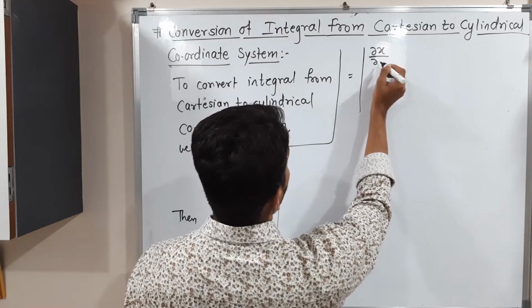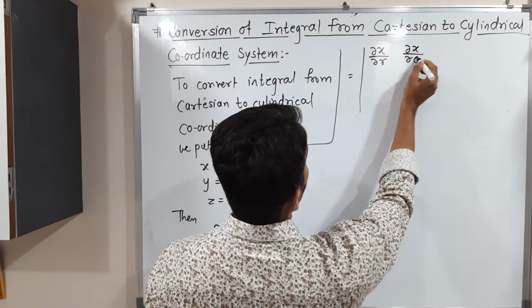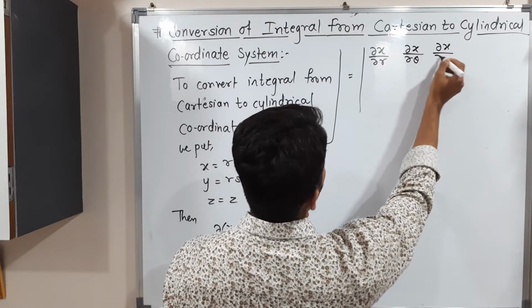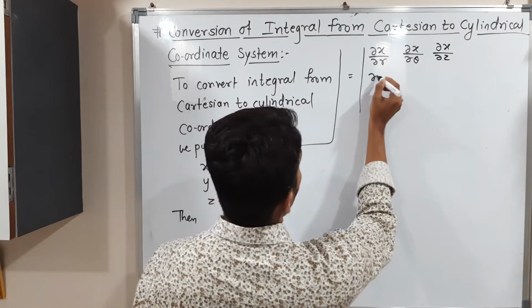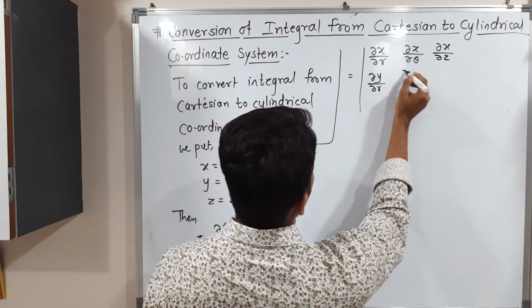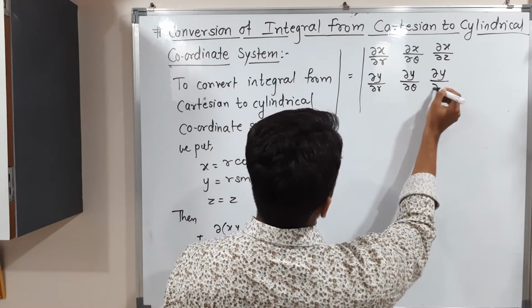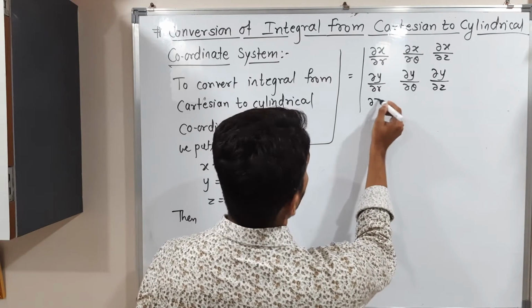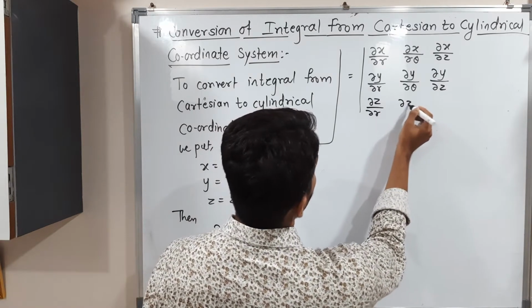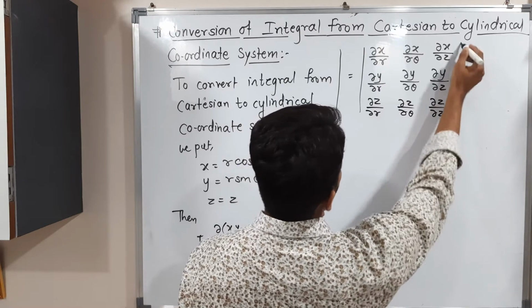Del x by del r, del x by del theta, del x by del z. After that, del y by del r, del y by del theta, and del y by del z. And at the end, del z by del r, del z by del theta, and del z by del z,